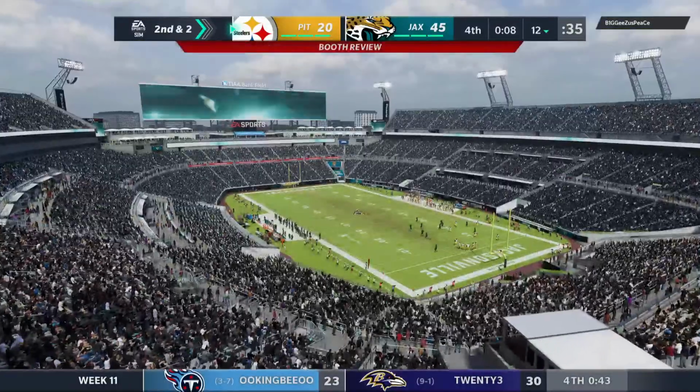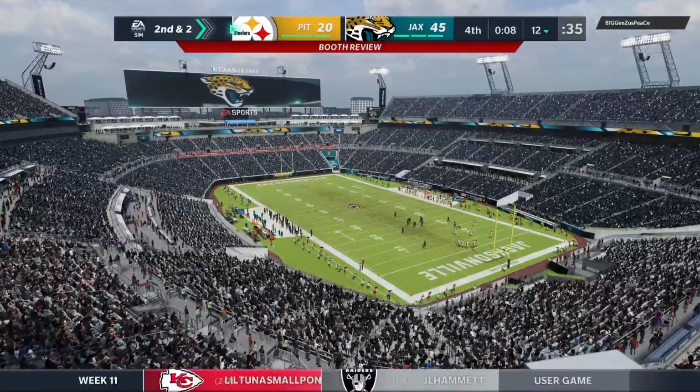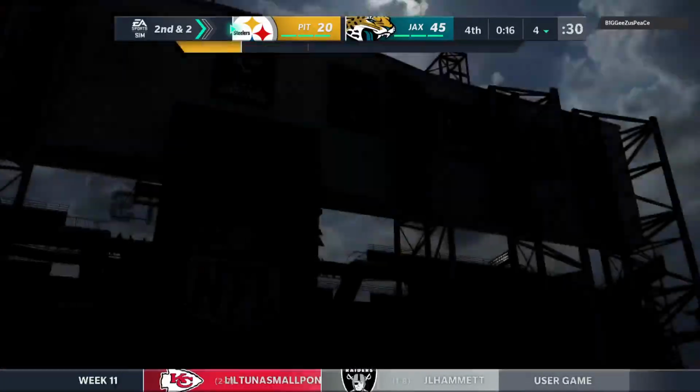A good pick up there. 8 yards on the first down completion. The 12-yard